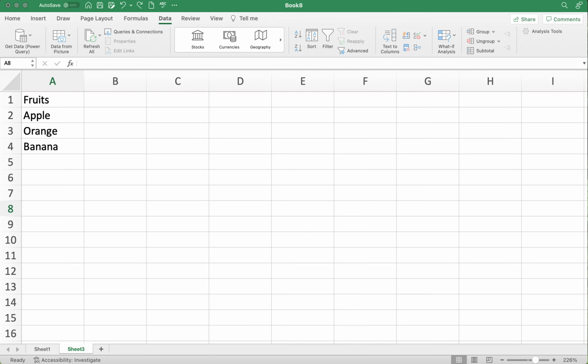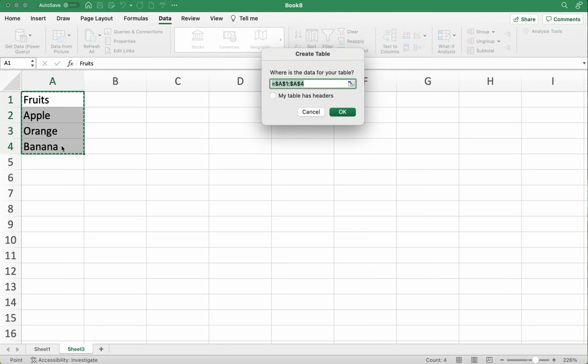Dynamic drop-down list in Excel. First, type in a list with all the options you'd like to appear on your drop-down list, including a heading. Then select the list, press Ctrl+T if you are using PC, Command+T if you are using Mac, to convert your